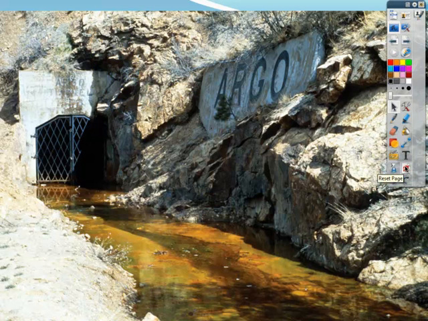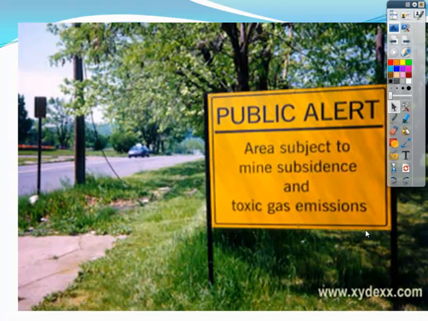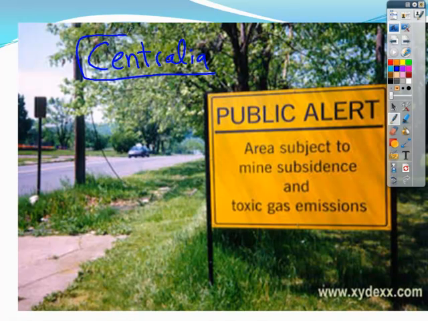We have spent millions and millions of dollars throughout the state trying to clean up local streams that are affected by acid mine drainage. And here's just a couple examples. So acid mine drainage is another environmental impact of coal mining, in this case in Pennsylvania. And one of the famous examples of a problem of coal mining in Pennsylvania is this coal mine in a town called Centralia. All right, Centralia is about literally just an hour and 20 minutes from here.